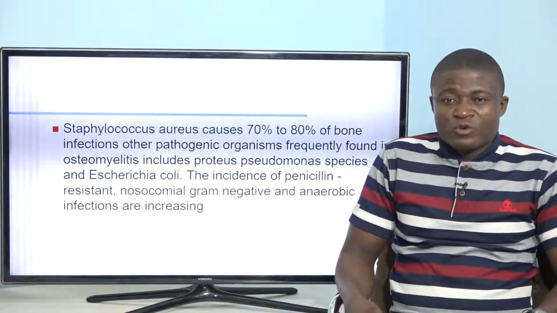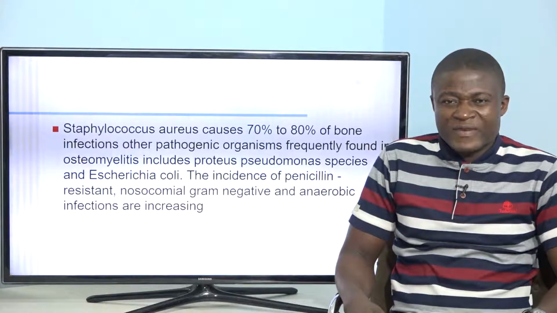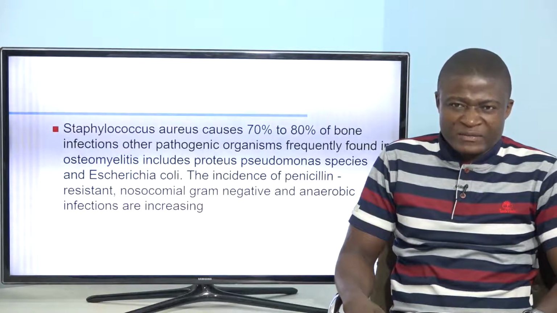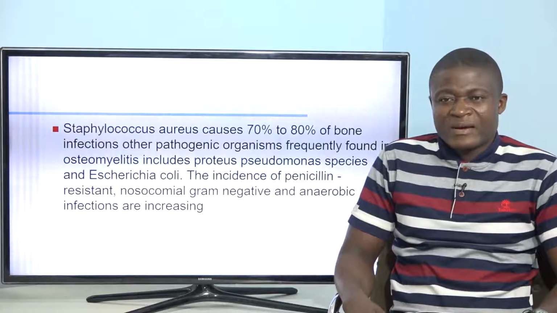Now, Staphylococcus aureus causes about 70 to 80% of bone infections. We also have other pathogenic organisms which are frequently found in osteomyelitis, and they are Proteus, Pseudomonas species, and Escherichia coli. The incidence of penicillin resistance, nosocomial, gram-negative, and anaerobic infections are also increasing. So what we're saying here is we are just mentioning some of the pathogenic organisms that are much more likely